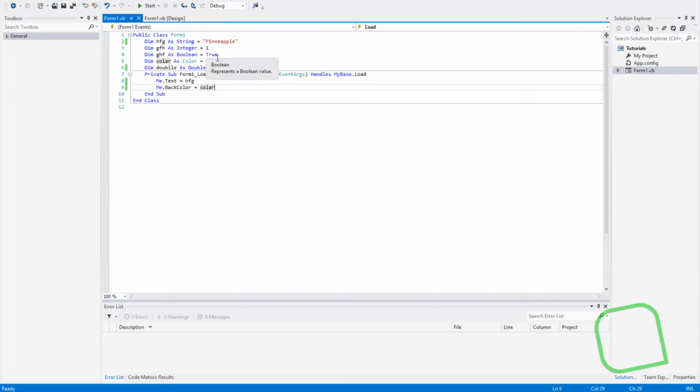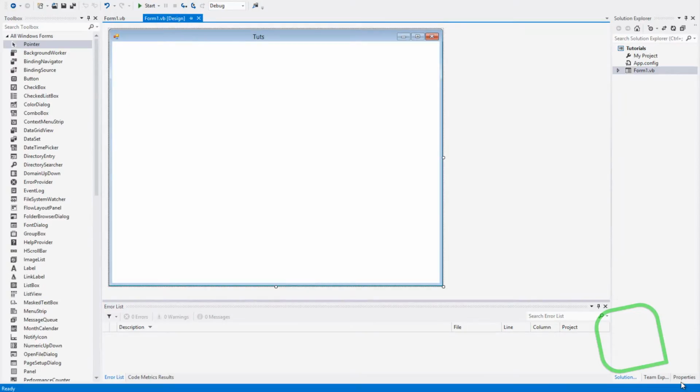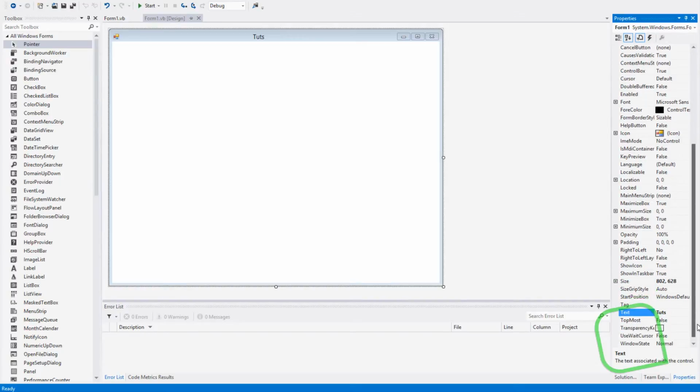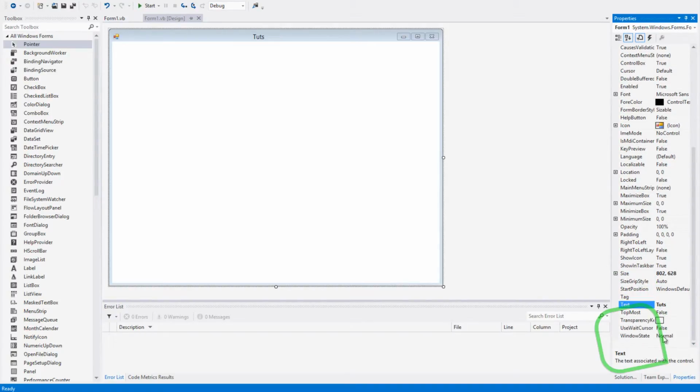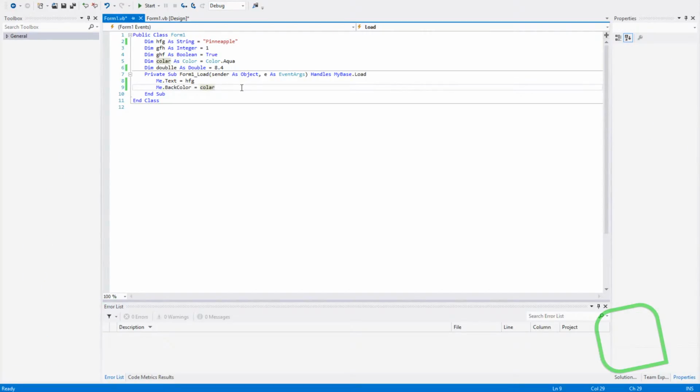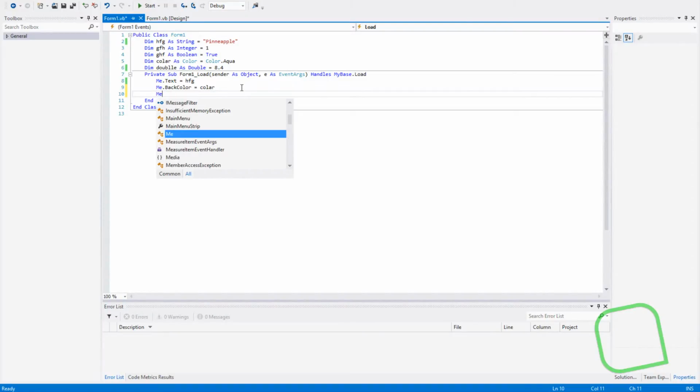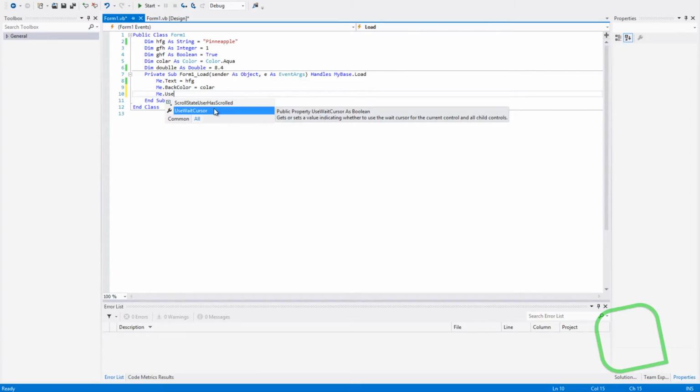So here we go with the boolean. We need to find a setting that is represented with a bool. Let's say Windows state. No, that's represented with a bunch of specialized string settings or something like that. Use wait cursor. As you can see, true and false, so that is a bool. So we're gonna use use wait cursor. We're just gonna change the property by pressing me dot use wait cursor right there